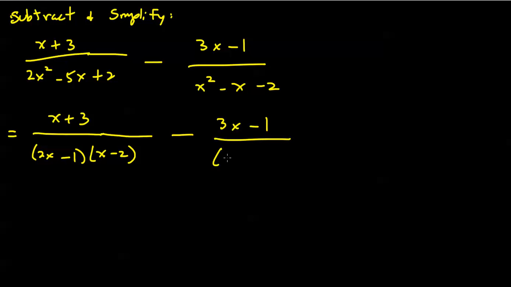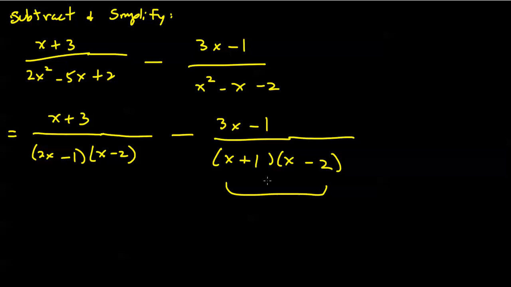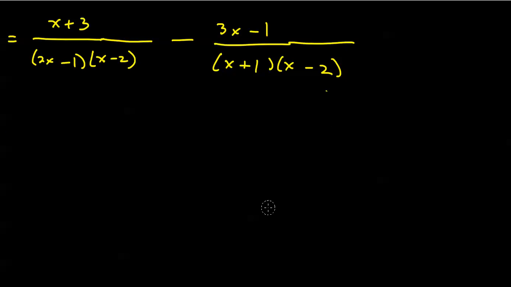And I'll get x and x in the first slots, 2 and 1. Let's see, I think I see it. Plus 1 minus 2. Let me check it. The outer product is minus 2x. The inner product is plus 1x. That works out okay because the minus x inner and outer sum, and the last product is negative 2. So that works also. Alright, so I factored each of the two denominators, and again, I need to spot the